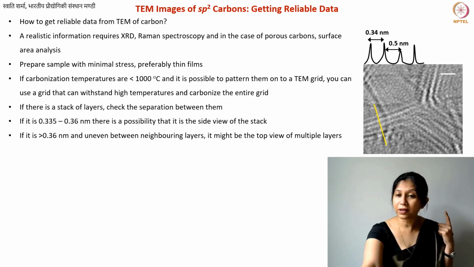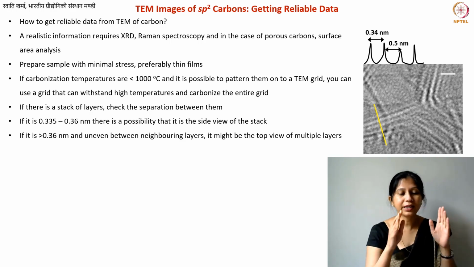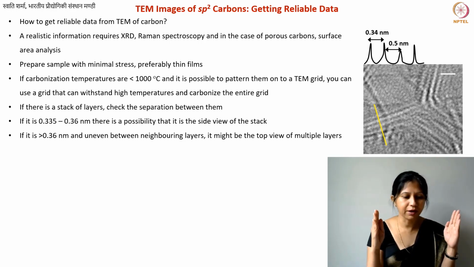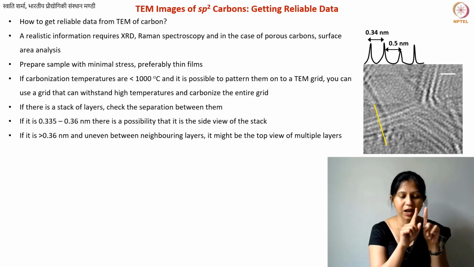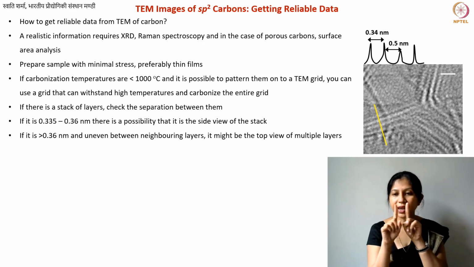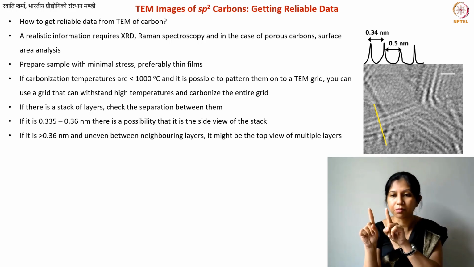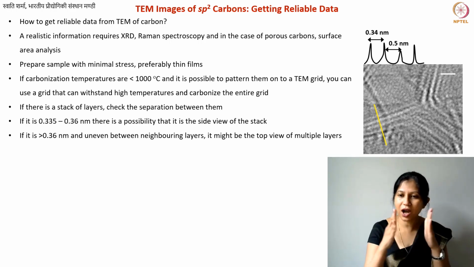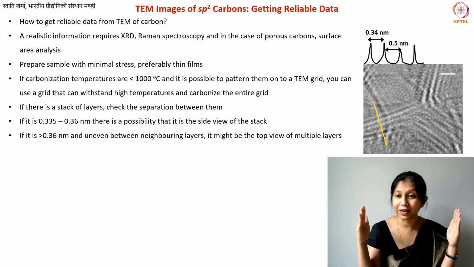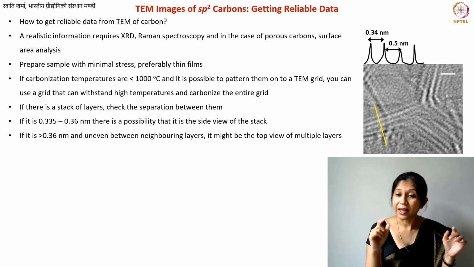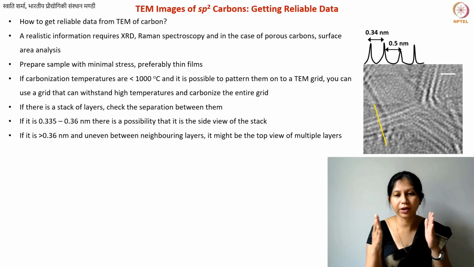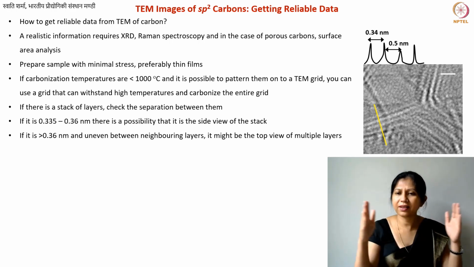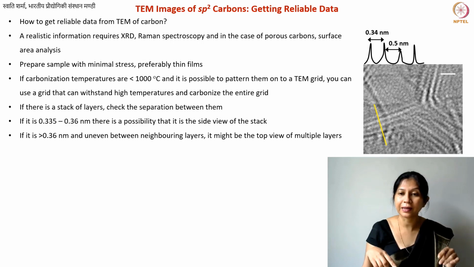What you can also often see in these kinds of stacks is whether you are getting repeatable information. If the intensity profile between two layers is 0.34, but the second one is 0.5, the third one is 0.4 again, something like that, if you have a lot of variations between the neighboring intensities, then again, this may not be a stack. If, however, you are getting 0.33, 0.34, 0.35, 0.33 again, then most likely you're looking at the side view.